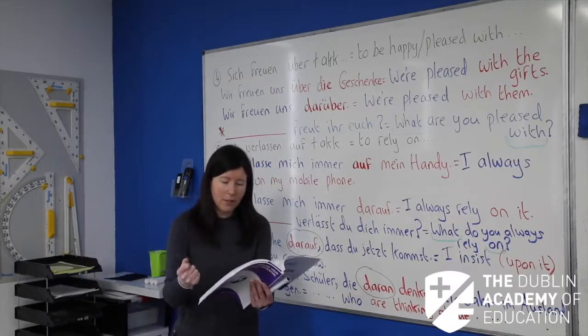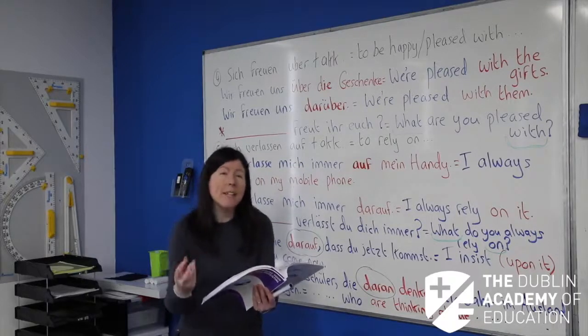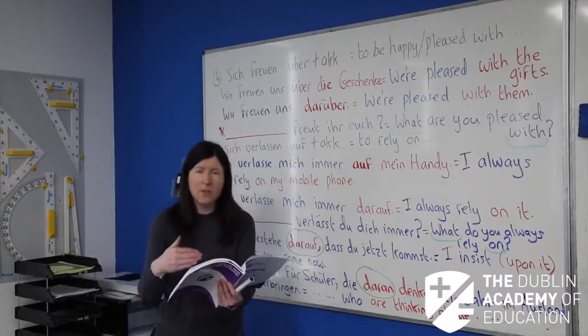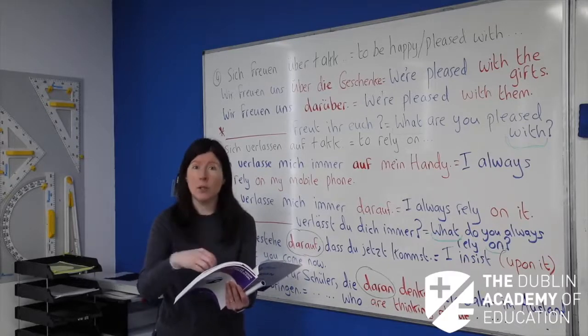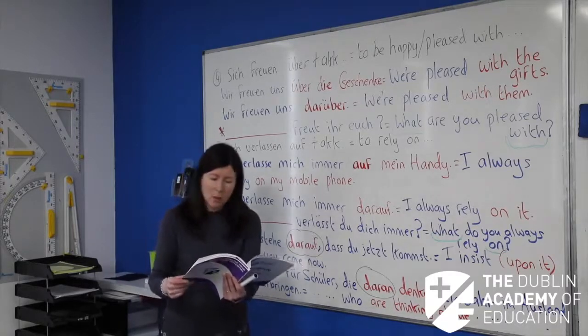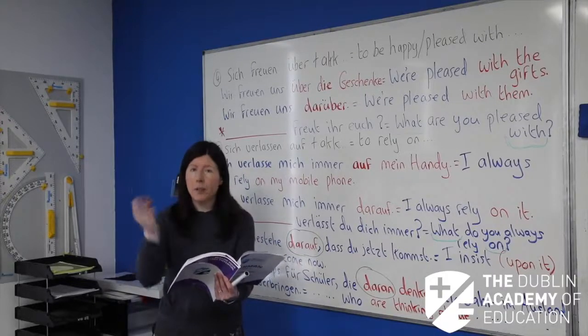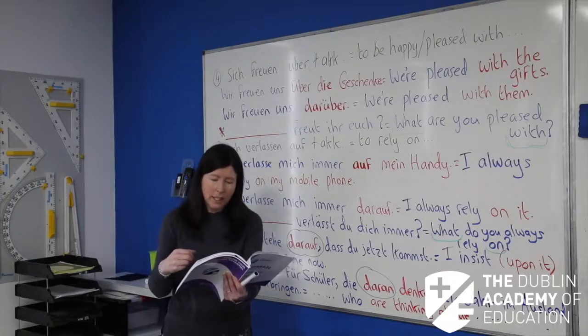So, Martin's grandfather is very proud that he got high points in the Leaving Cert. So again, the darauf is included there in the German sentence, but we wouldn't say he is very proud of it, that. We just leave that out in the English sentence, but it must be included in the German sentence. So, Martins Großvater ist sehr stolz darauf, then your comma, dass, and then remember dass puts the verb at the end. Okay,